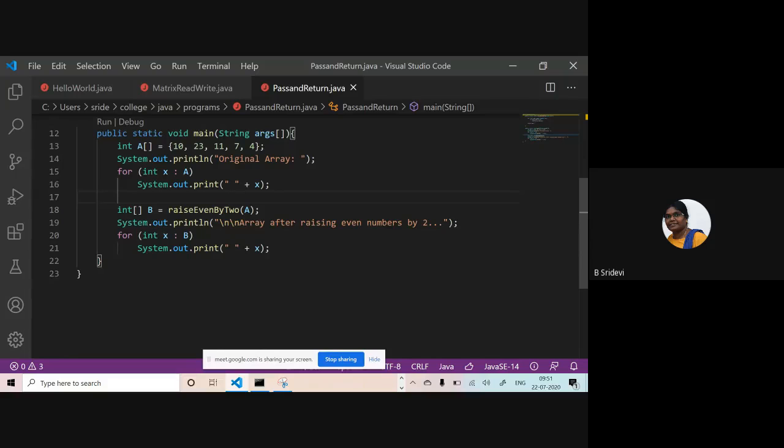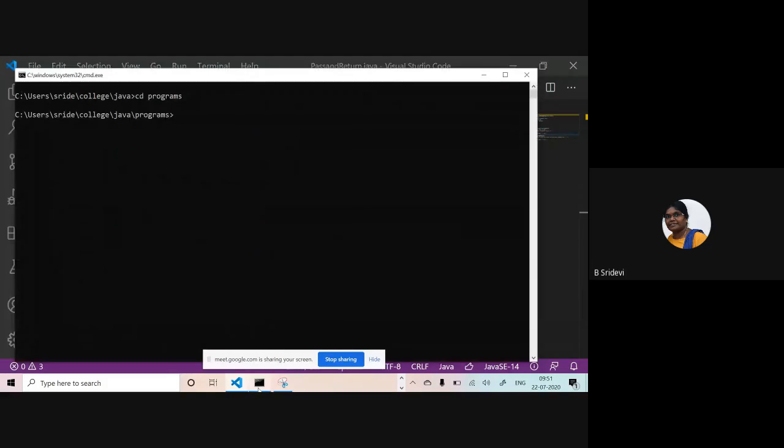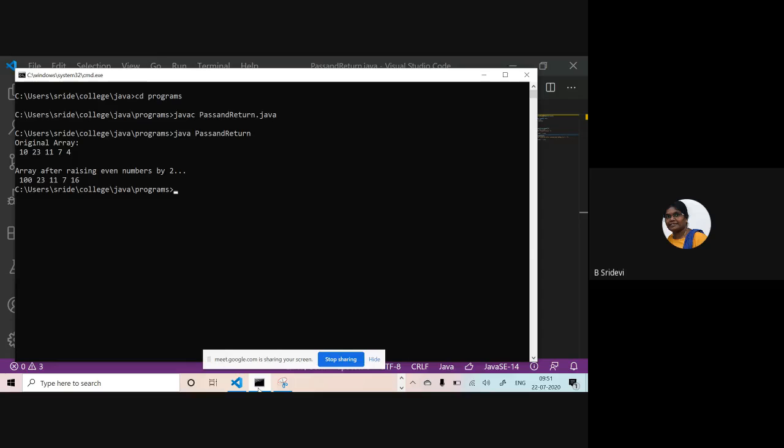What's this? Pass and return.java. The original array is 10, 23, 11, 7, 4, and even number 10 is raised by a power 2, so 100.